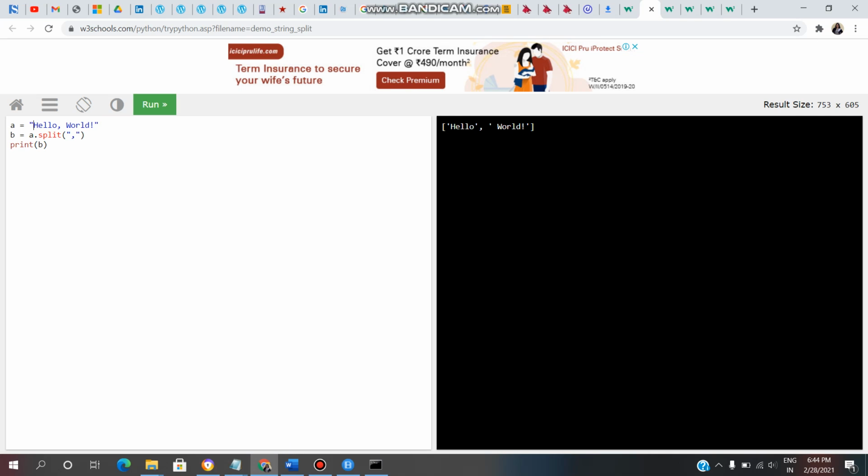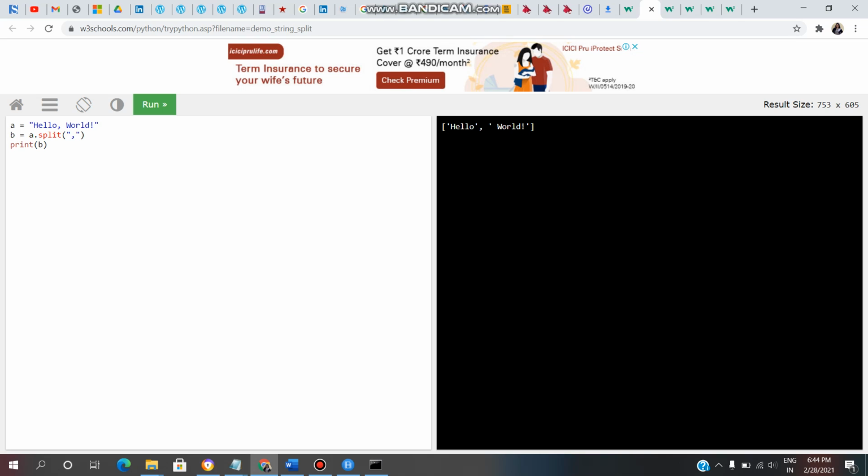Here hello world is a string. We are assigning that string to a variable a. Here b is a variable and b equal to a dot split of comma. We are giving a comma, and comma means this comma.